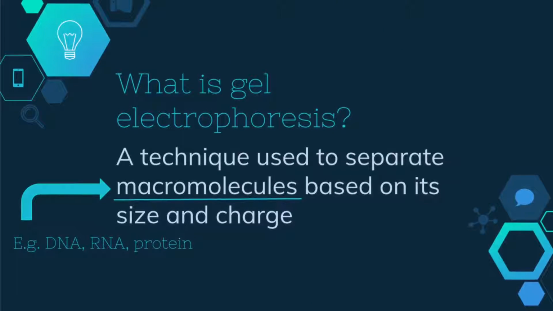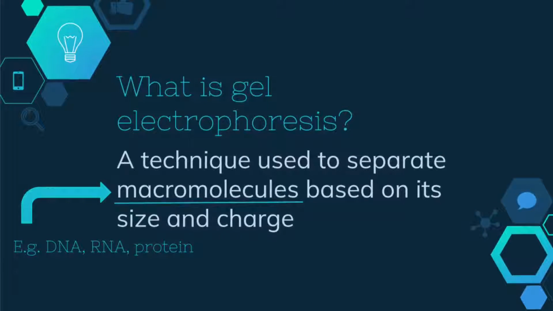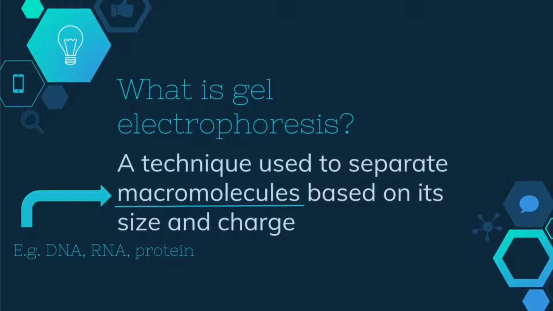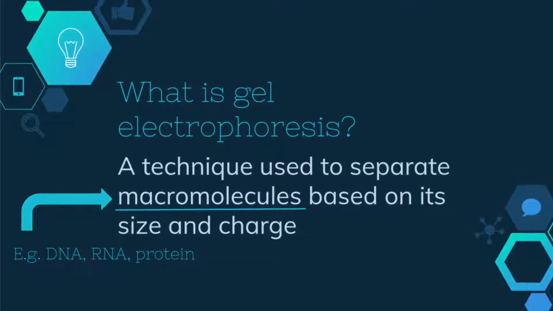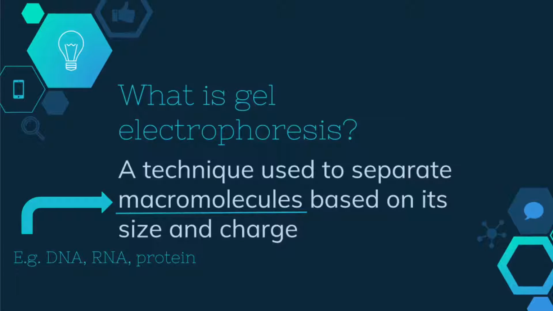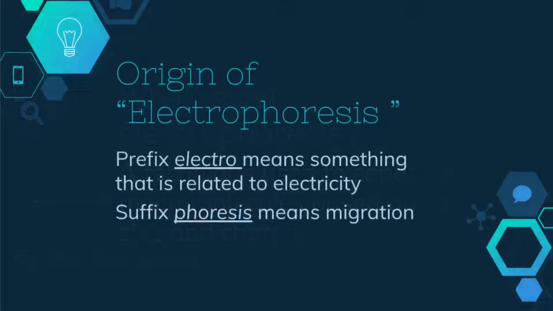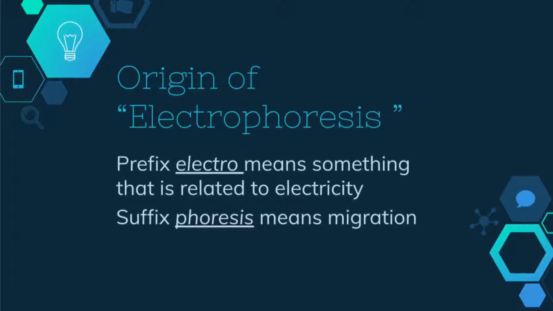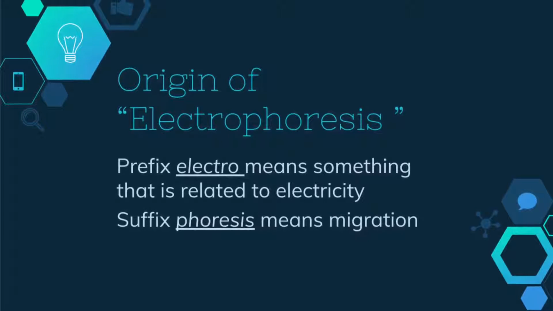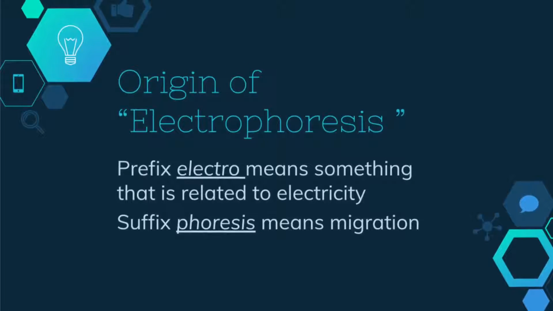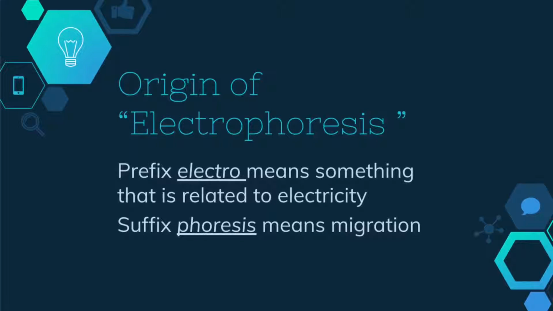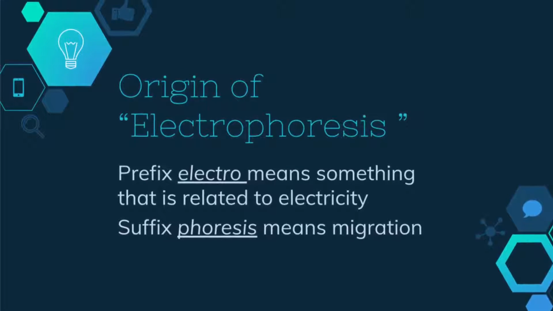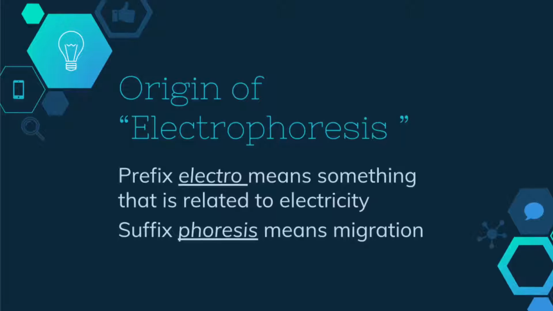Gel electrophoresis is a procedure used in molecular biology to separate and identify macromolecules by size and charge. Examples of macromolecules include DNA, RNA, and protein. The word electrophoresis comes from the prefix electro and the suffix phoresis. Electro means something that is related to electricity, and phoresis means migration or being carried. Together, the word electrophoresis means the movement of charged particles in a fluid or gel under the influence of an